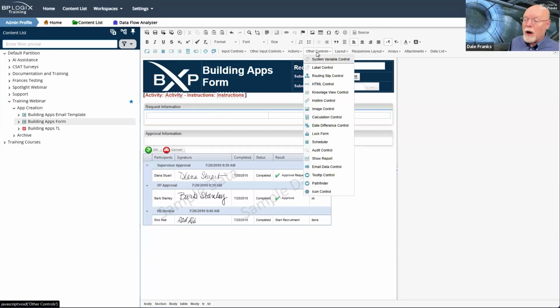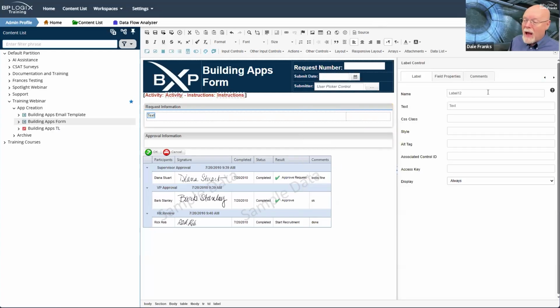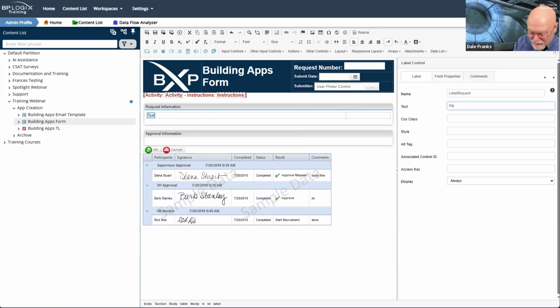So we will go to other controls and we will throw in a label control, and I will call this label request, and we will give it the text request info.